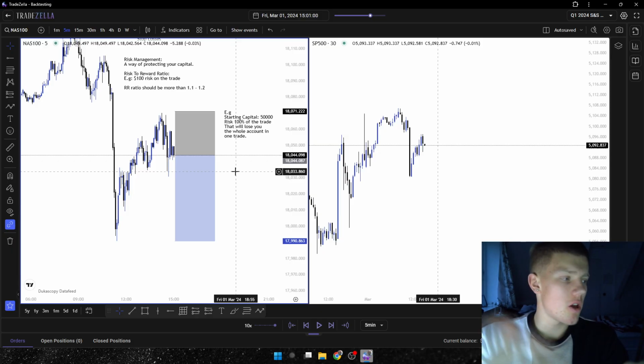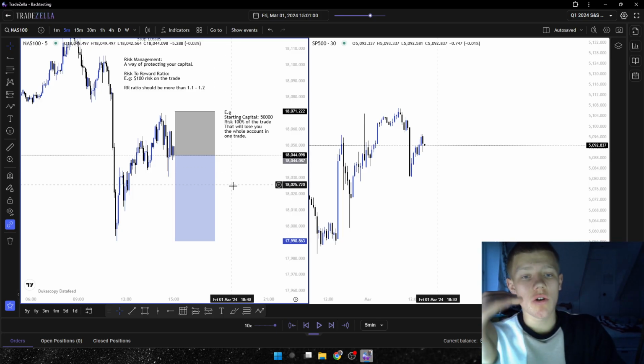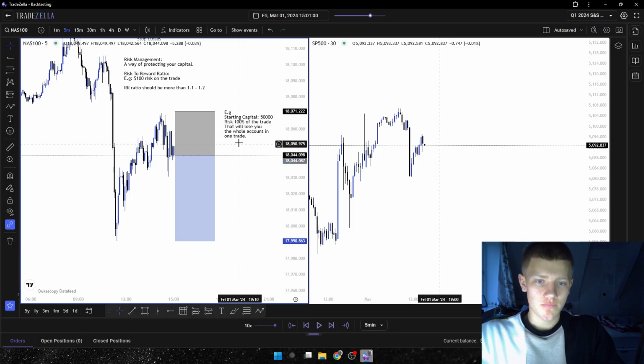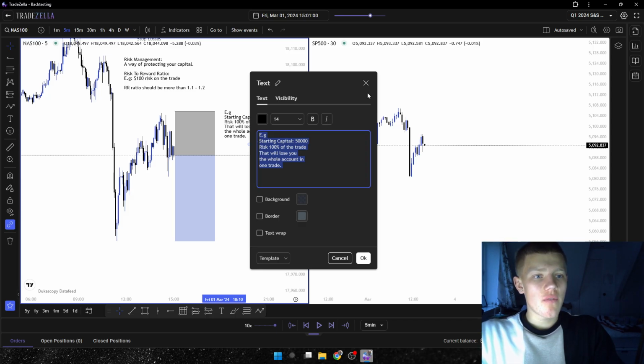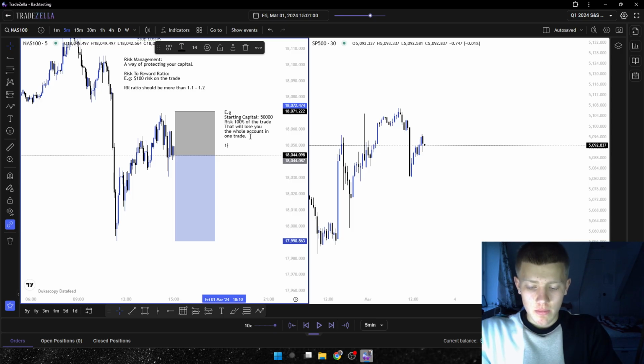An average return of a week is probably a couple of percentages, if even that. You're not going to make 100% each week or each month at all. It's not possible. Maybe it's possible, but then it's gambling, because you need to make sure that your capital is protected. So if I have $50,000 in my account and I instead risk between 1 and 3%, then it will literally take me between 33 and 100 trades